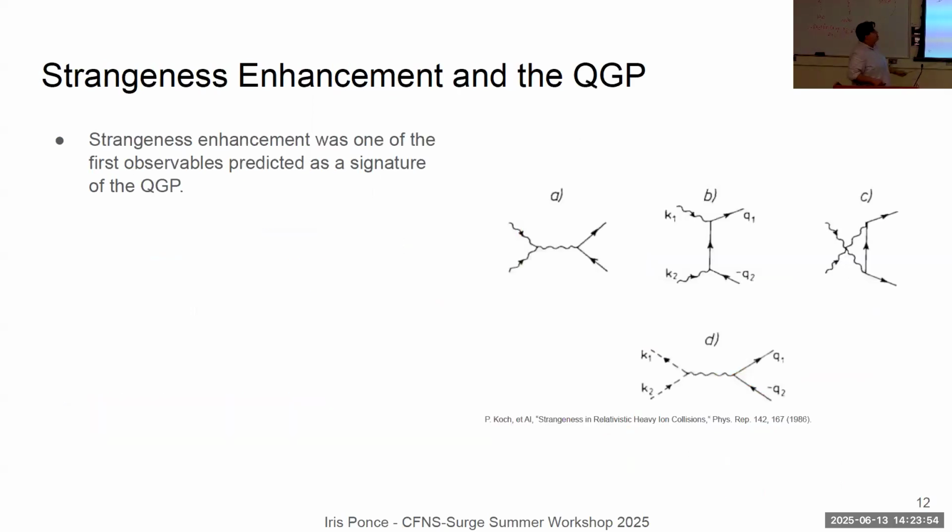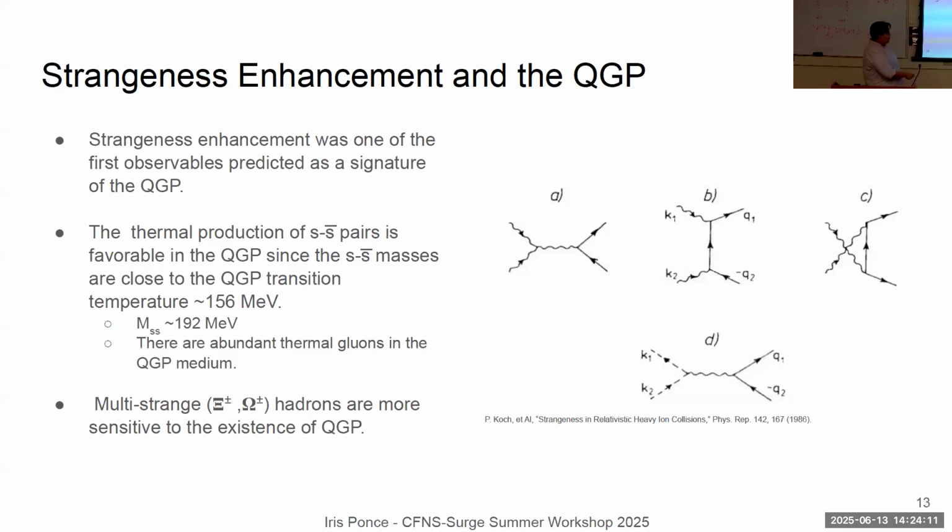Okay, so the other thing you want to talk about is strangeness enhancement in the QGP. That's because strangeness enhancement was actually one of the first predicted observables as a signature of the QGP. You might wonder why. So for my fellow theorists, here are your Feynman diagrams. And so when we talk about the thermal production of strange and anti-strange pairs,